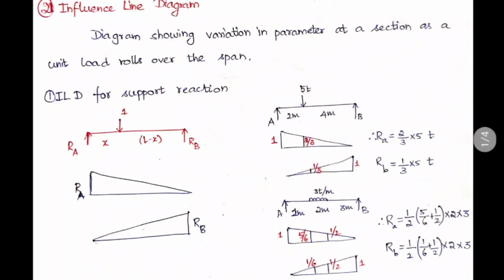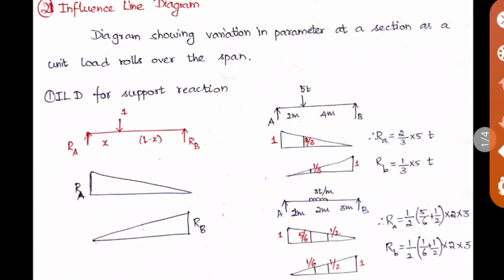Okay, so let us see that example also. If you take this question, here I have taken a 6 meter span simply supported beam in which a 2 meter span UDL is applied, and the load intensity is 3 ton per meter. As we found the ordinate in the before case, the same thing you have to do here also, but here you have to find the ordinate at 2 points, that is at the start of that UDL and also at the end of the UDL.